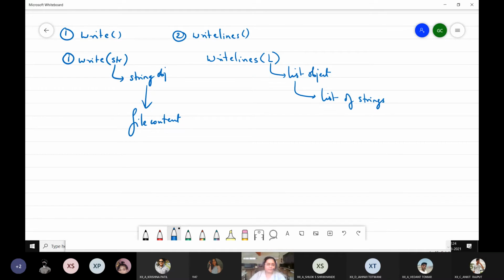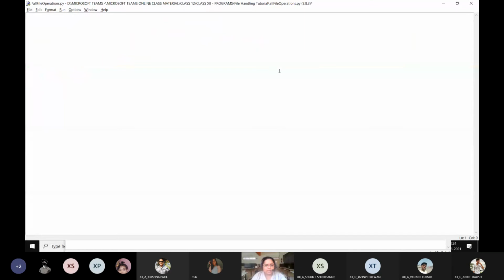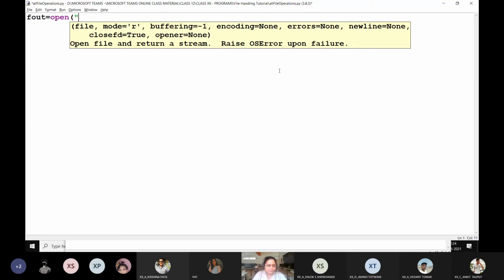So let's write a program for this. I'm removing everything. The program is going to read a few lines and save them in a list, and then I'm going to write them to a file. So let's start. fout equals open, and let me name my file sample file only. I'll make changes there only. sample file.txt